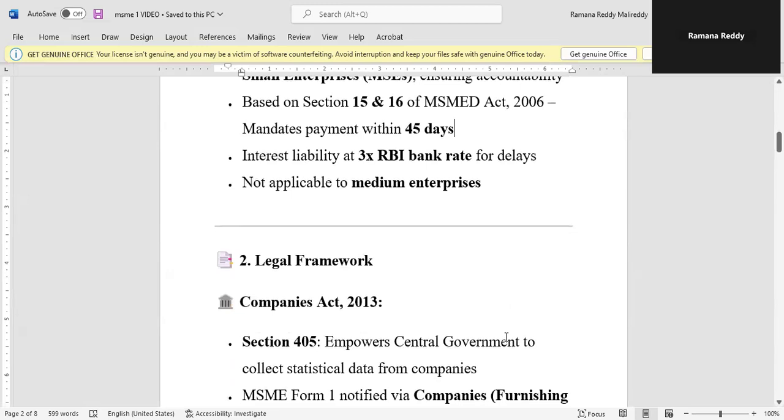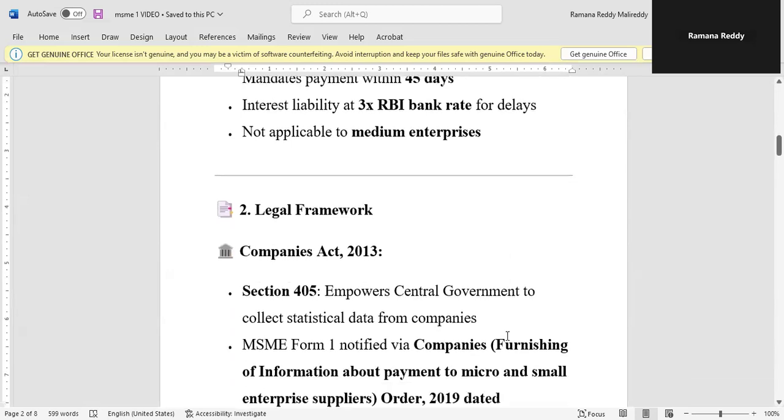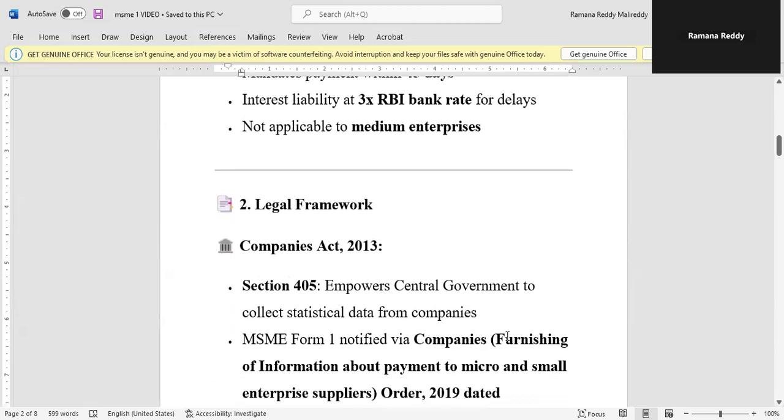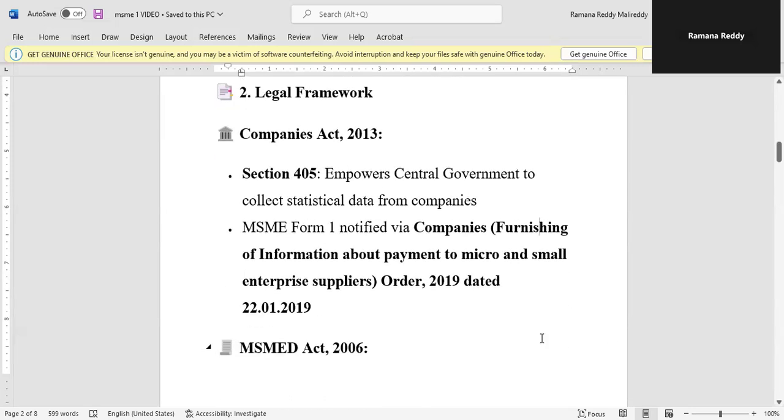So the legal framework: Companies Act 2013 and MSMED Act 2006. Under Companies Act 2013, Section 405 empowers the central government to collect statistical data from the companies. MSME Form 1 was notified via the Companies (Furnishing of Information about Payment to Micro and Small Enterprises Suppliers) Order 2019, dated 22nd January 2019.